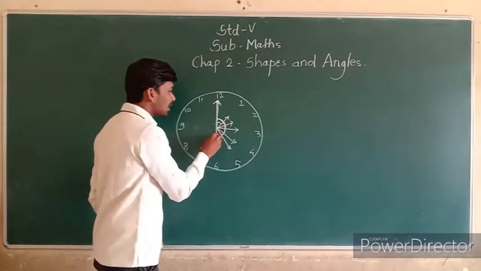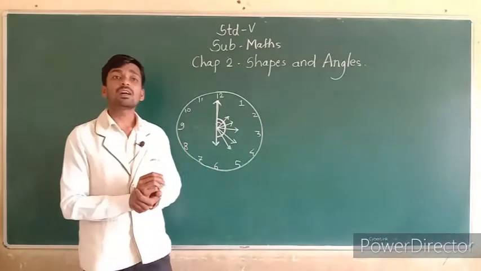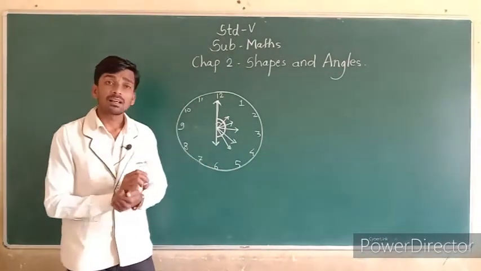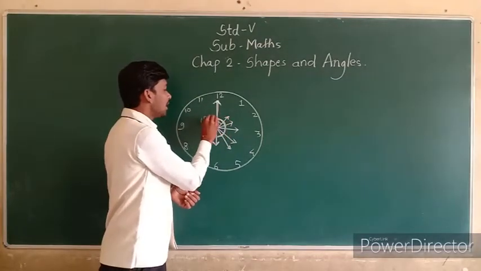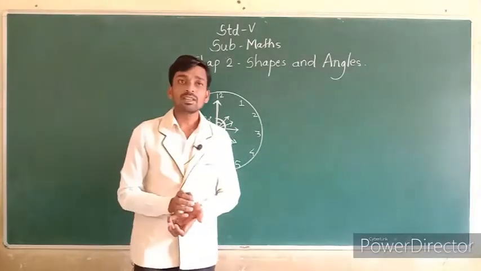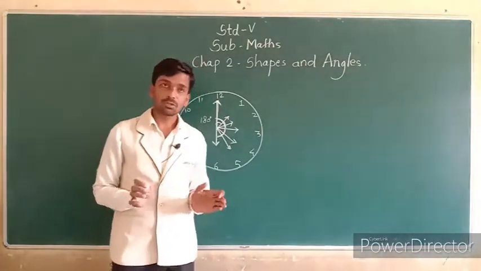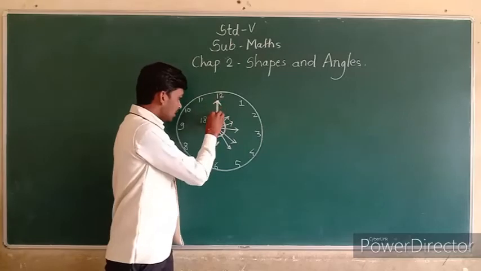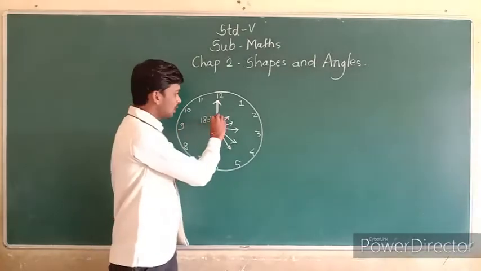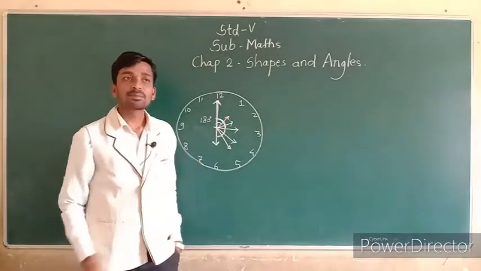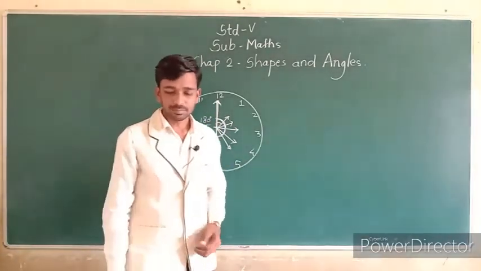And what is the angle for that straight line? That angle is 180 degrees. This angle is called 180 degrees. We also call it a straight angle. All of you understood why? Because here there is a straight line and here there is a midpoint. So this angle, a half circle, is called 180 degrees. All of you understood? Okay.